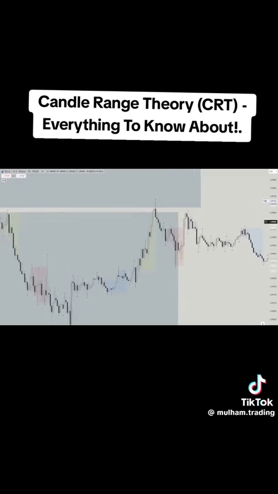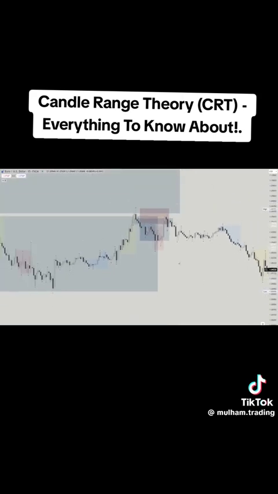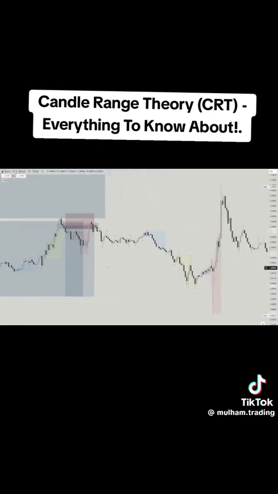We swept, and what do you see here is, okay, there was no creation of a fair value gap except here. But what happened is you could have executed on this one, and I got profit here. So plus above the high, it would secure that low to be taken. But there's also another entry right here, which is what? The inversion fair value gap. You could have waited for price to come back to it or execute it on this candle by itself. So this candle here, or entering on the fair value gap, stop loss above the high, and then targeting what? The fractal liquidity low. As a 41, there you go.